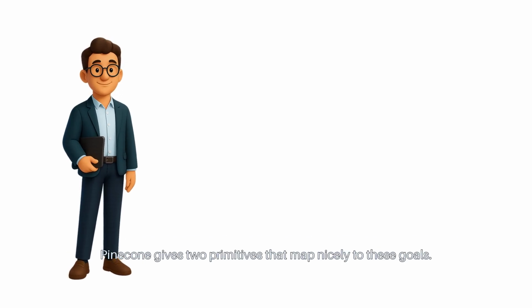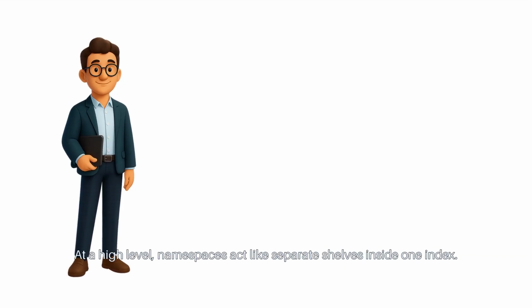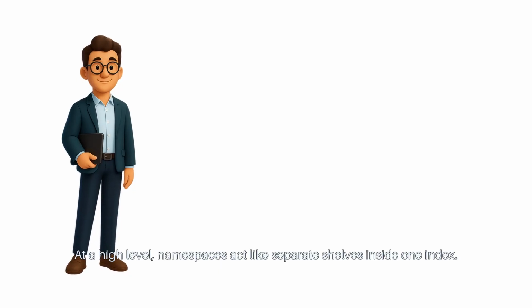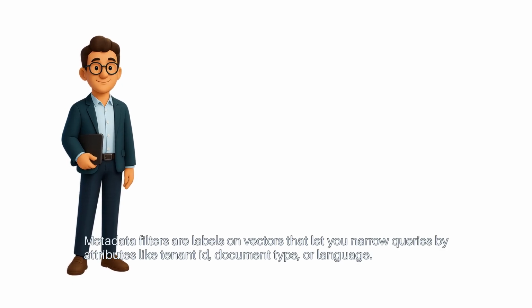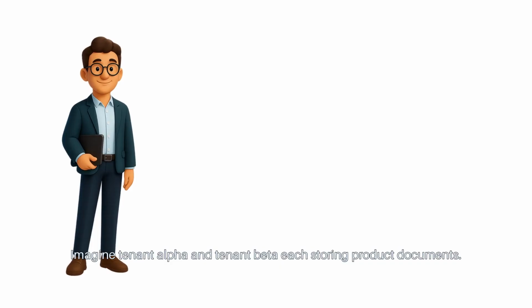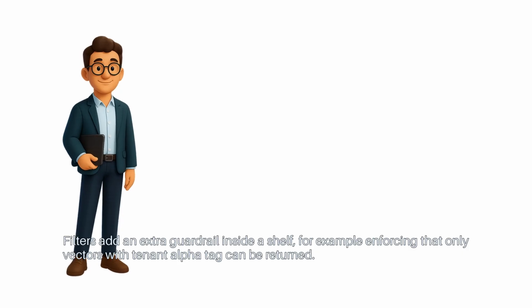Pinecone gives two primitives that map nicely to these goals. At a high level, namespaces act like separate shells inside one index. Metadata filters are labels on vectors that let you narrow queries by attributes like tenant ID, document type, or language. Imagine tenant alpha and tenant beta each storing product documents. Namespaces keep their vectors in different shelves. Filters add an extra guardrail inside a shelf, for example enforcing that only vectors with the tenant alpha tag can be